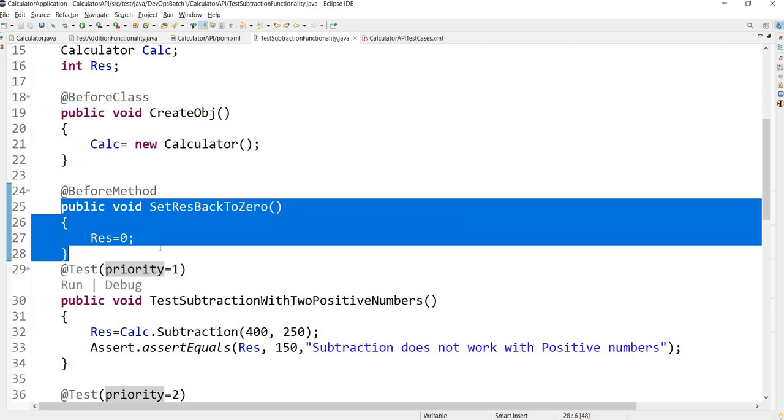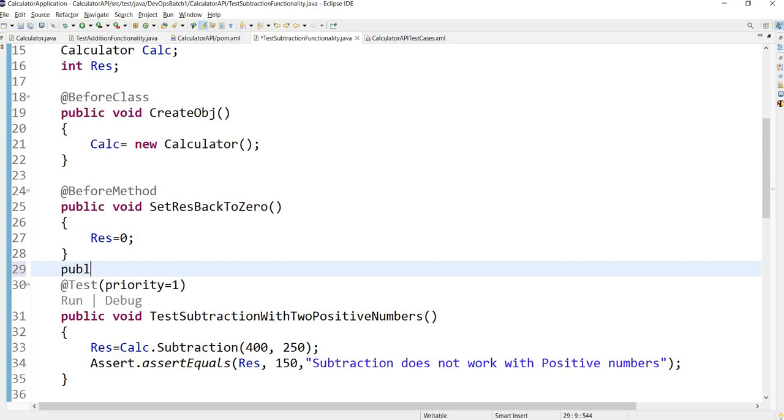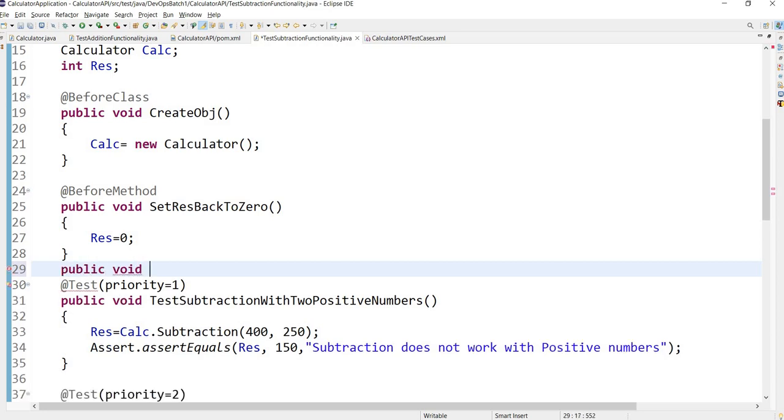So this is something which I want to execute before every test case. Similarly, if I have any requirement of executing something after every test case, I also can have a method for that. So let's have it here. So I would say